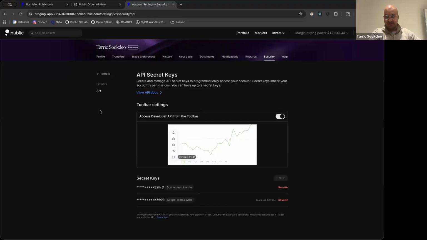So first things first, I want to showcase our API docs. Our API docs, as Matthew mentioned, are found if you go to your public account, go to security. Under API, you would see view API docs here, but first off, you can create and revoke your API keys here. So whenever you hear us talking about your API keys, this is where they're created. Once you click on view API docs,